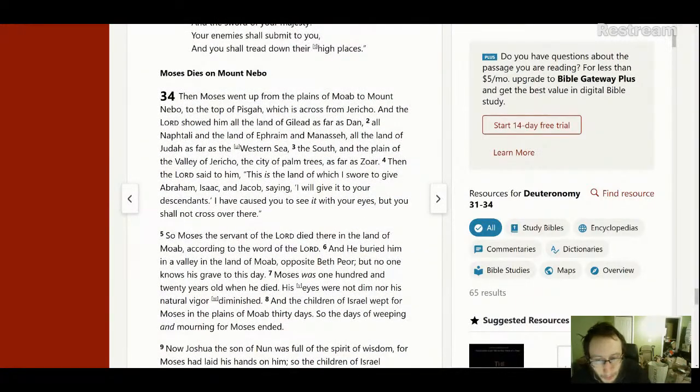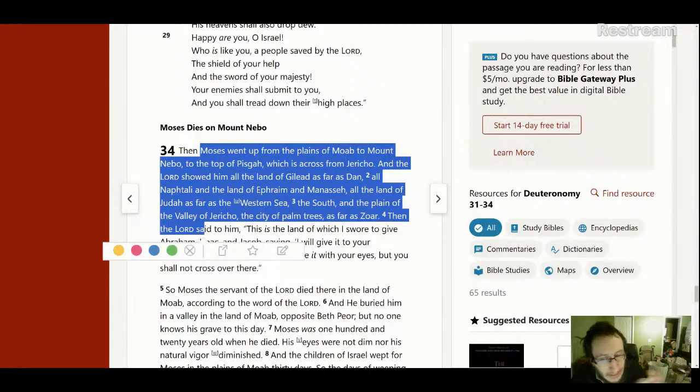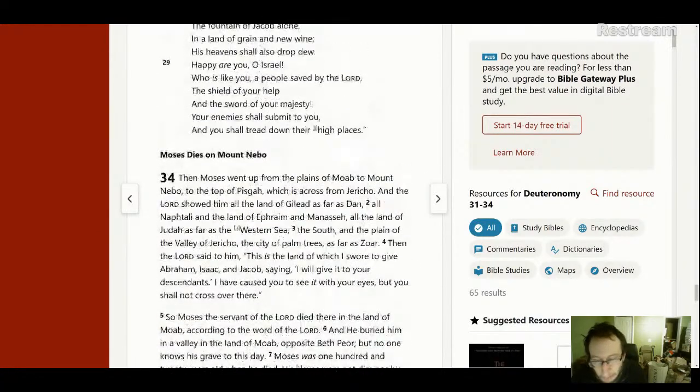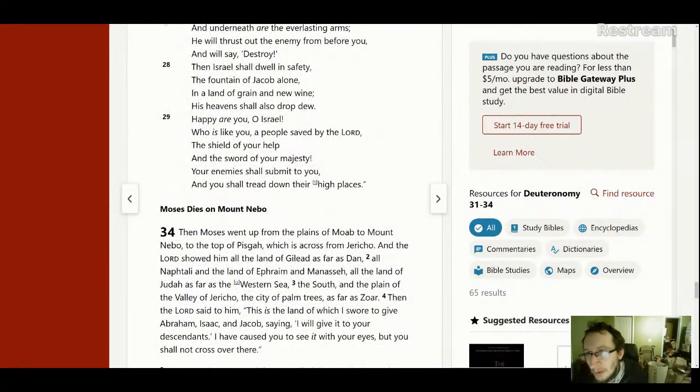So we have an account here, very brief, but it's telling us Moses saw the land. He saw everything. It's very possible that he wrote an account about this. And I believe that he did, and that the New Jerusalem is that account. And supporting this is 2nd Baruch, which tells us things about what Moses saw, and some of it matches apocryphal stuff that we know about Moses. So let me show where it says this.